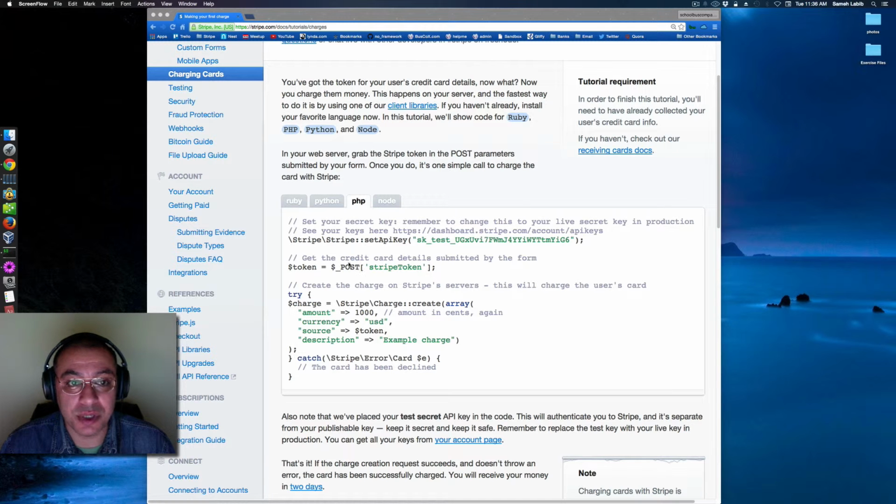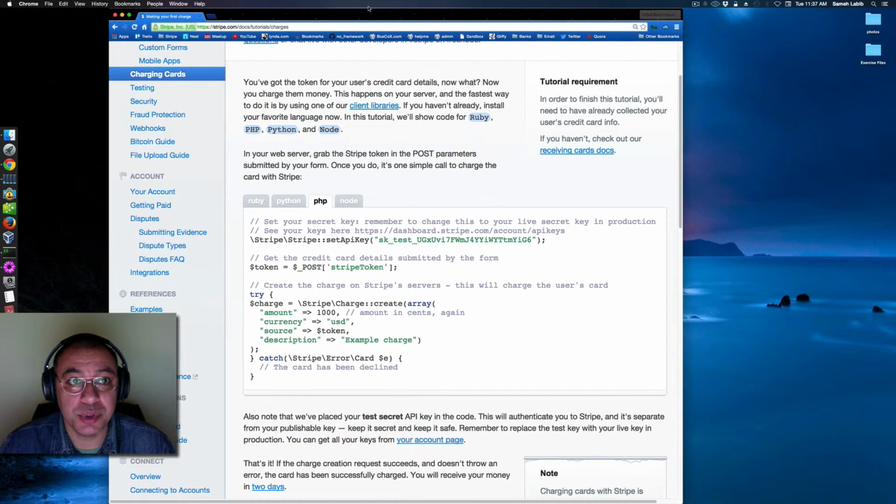Okay, here is where we are right now. In your web server, grab the Stripe token in the post parameters submitted by your form. Once you do it, it's one simple call to charge the card with Stripe. So now I'm looking at the code right here, and I need to put it in,